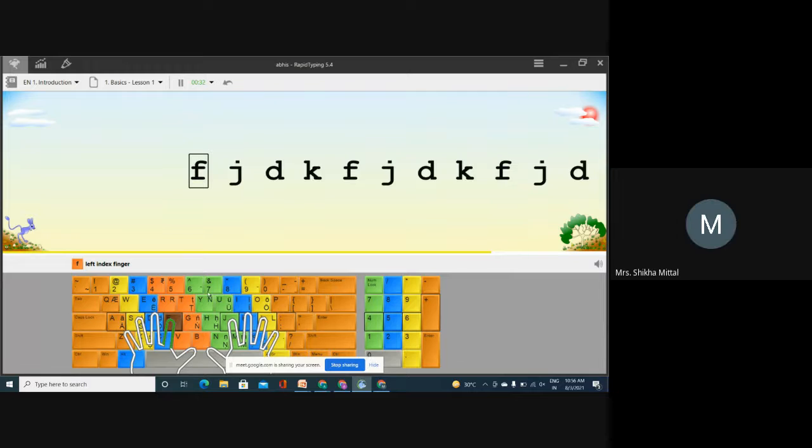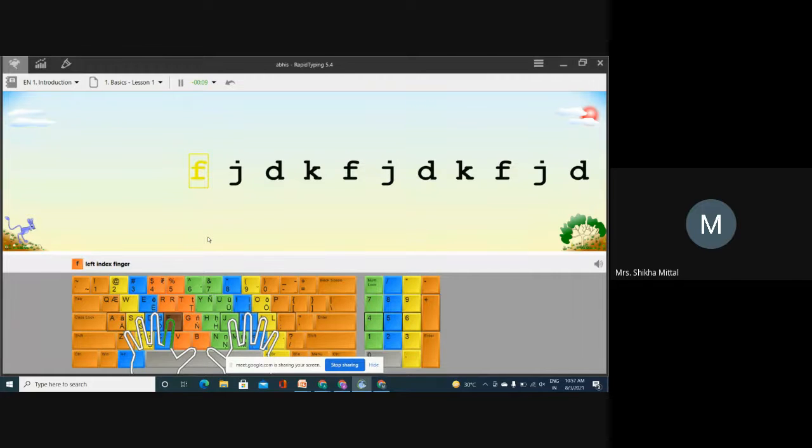Yes, ma'am. This is a keyboard. It's a virtual keyboard. You can't touch that. It's not physical, so it's called a virtual keyboard. Is clear, everyone? Yes, ma'am. And this is a text area. You are not writing here, but you are using the text area, meaning whenever you are pressing a key, just like the F key, you can see this finger is green. So you have to press by this finger. It's telling which finger you have to use for pressing the key. So here you have to use the F finger. This finger for pressing F. So this is your text area. Is clear? Any doubt beta till here? Any one of you? No, ma'am.